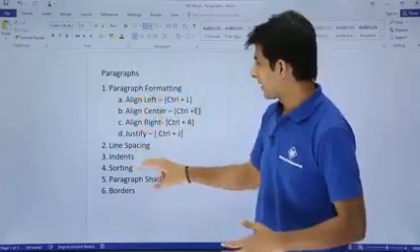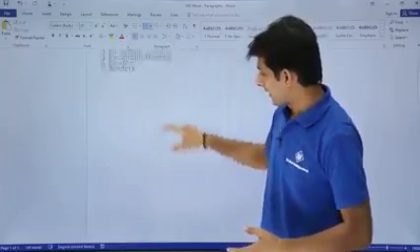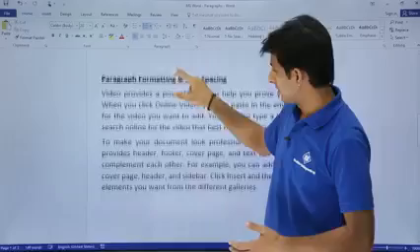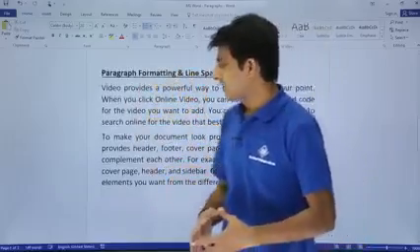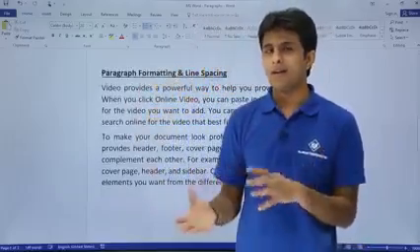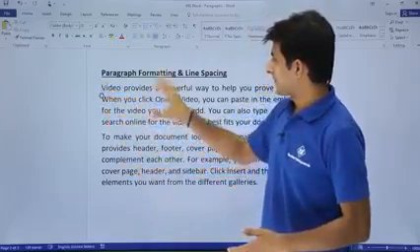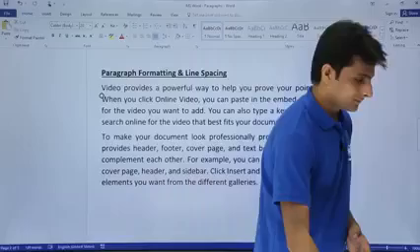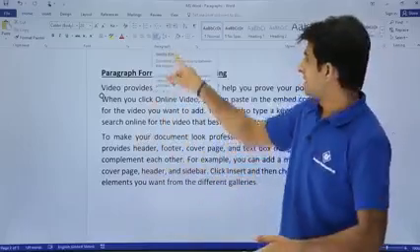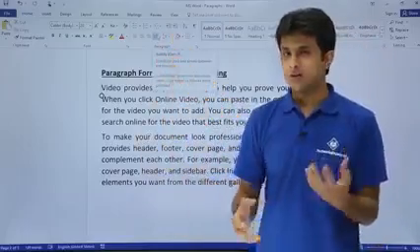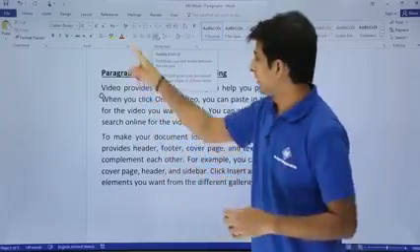I'll start with the paragraph formatting. So for that I have written some text here. Okay, some text is given here. So what I'll do is now I'll try to format in the left, right and center alignment. So I'll just keep my cursor at this place. If I keep my cursor, it says it is selected, that means it is justified. So what exactly is justified? First I'll explain this one.